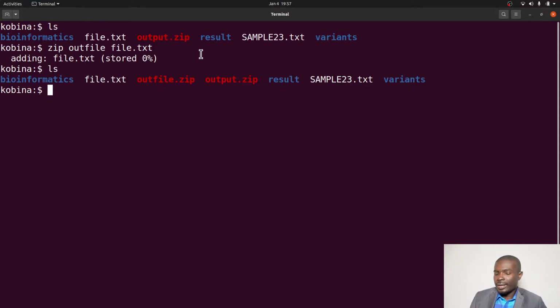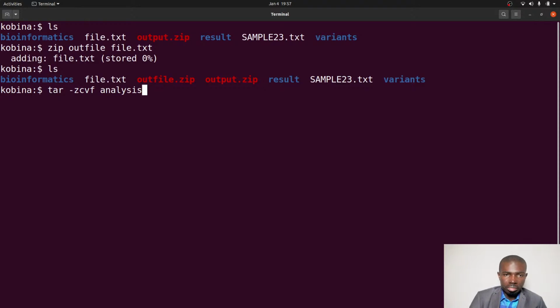Now let's look at another way to package and then compress files. You can use the tar command. If I want to package or compress files using the tar command, let's just try with bioinformatics again. I can just say tar, and I'll say -zcvf. I want to compress as a tarball, so I have .tar.gz, and then I specify my output file name. So this time, let's say results. Okay, let's use a different one. Let's say